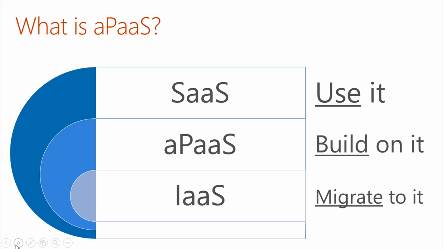Application platform as a service layers on top of infrastructure as a service, where you don't have to worry about managing the VM infrastructure. Your focus is all about building on top of it, which means you're focused on application deployment. You're actually focused on developing applications, and then you call a bunch of APIs and say, go deploy this application for me. Go manage the life cycle of the application, rollouts, upgrades, the whole nine yards. There are VMs involved underneath, but you are not actively managing them. And then software as a service is pretty simple. You're just using it. Outlook.com or any of the email services is a great example. You don't have to do any bootstrapping of the infrastructure. You just use it.